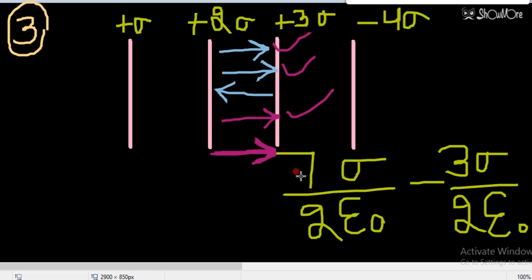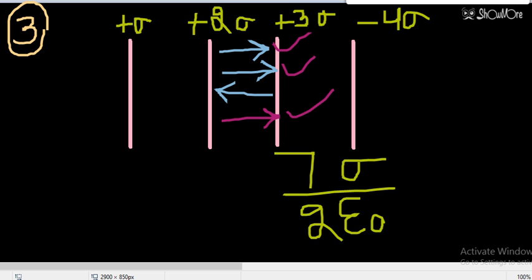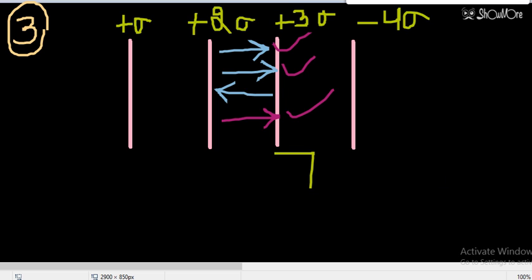So this is all regarding the third region. The answer for it will be 4 sigma by 2 epsilon naught. You can note it down or you can take a screenshot. Now we are moving to the next question, region 4. Sometimes the examiner can also ask in which region the electric field will be maximum. So that type of question can also be expected.